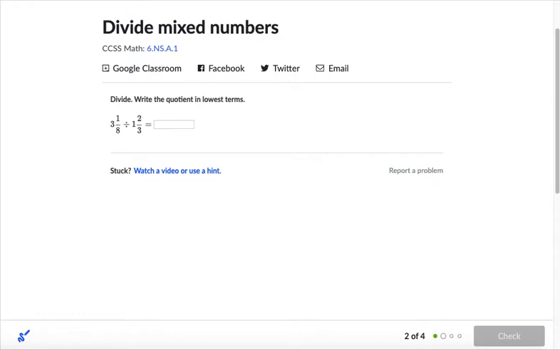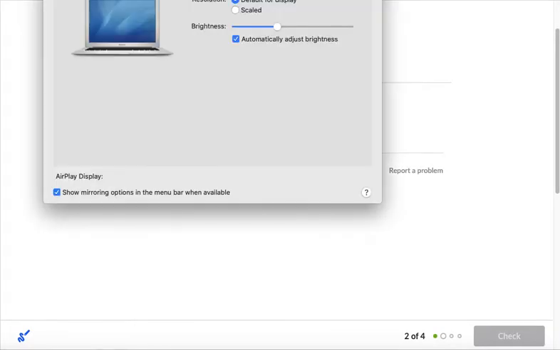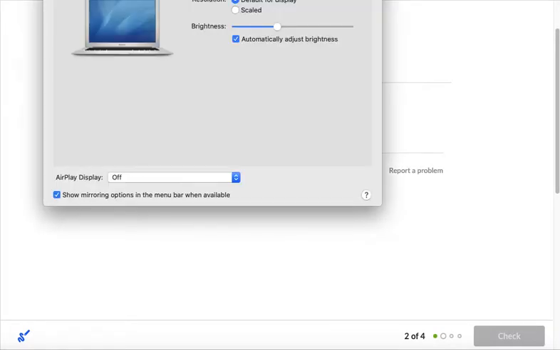Dividing mixed numbers here, right? We're going to look at this in a similar way that we looked at multiplying mixed numbers. So what we're planning on doing with this is we're going to